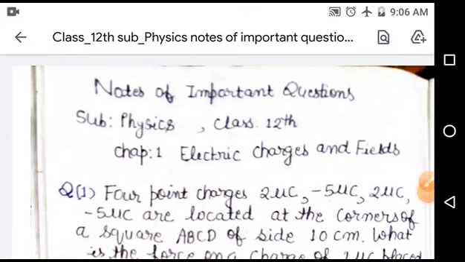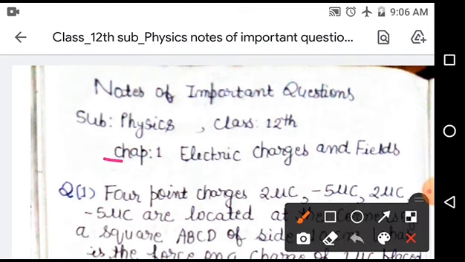In this session, we will study the most important numerical problems of chapter 1, and the name of chapter 1 is electric charges and field. So students, in this chapter we will only discuss the most important few numerical problems. So one by one we will discuss here, and the first numerical is